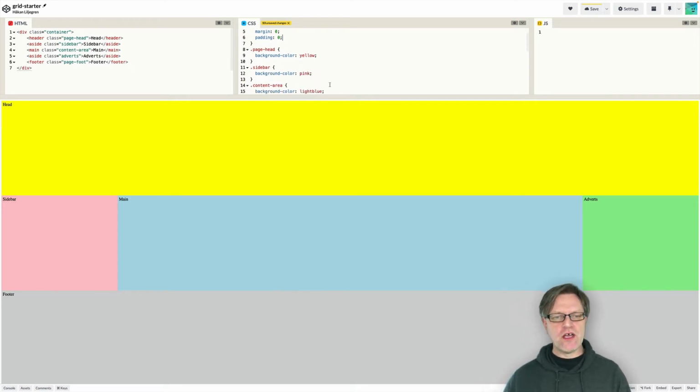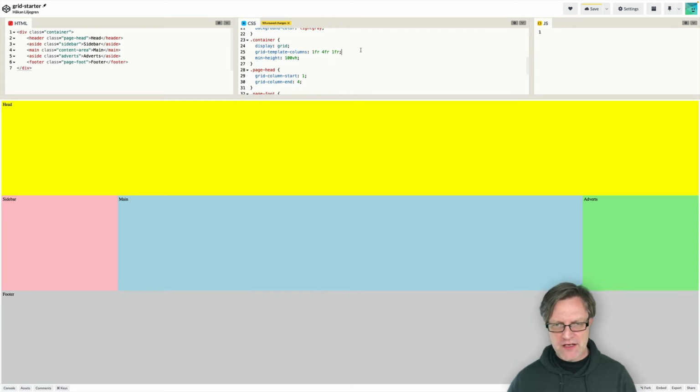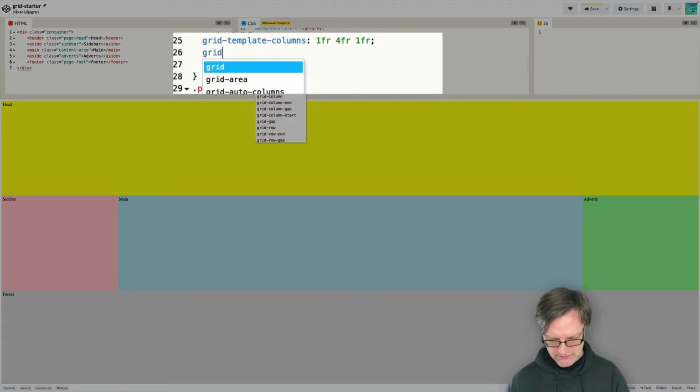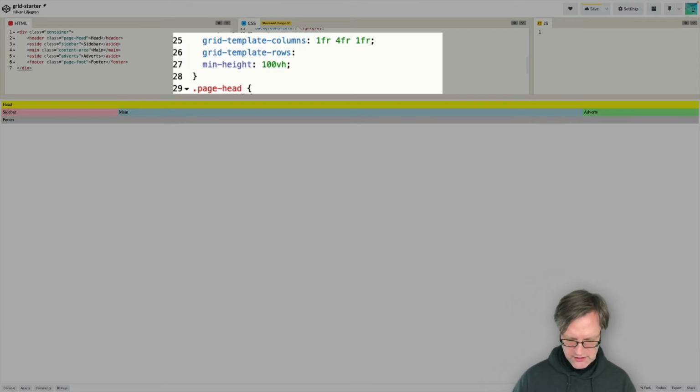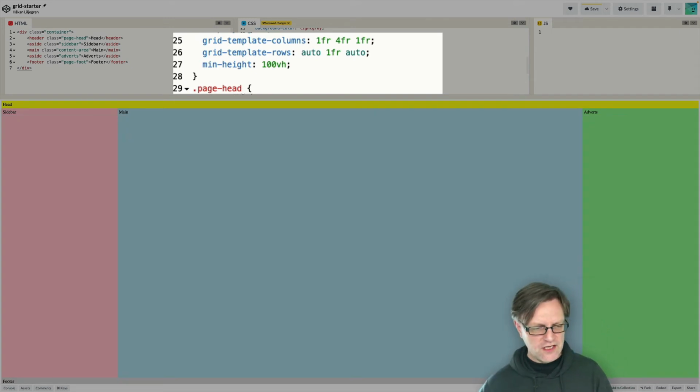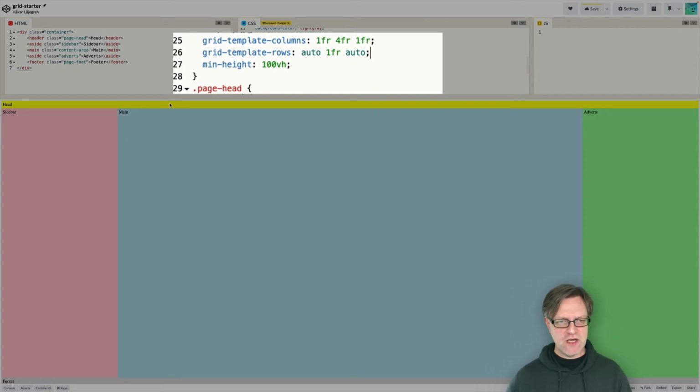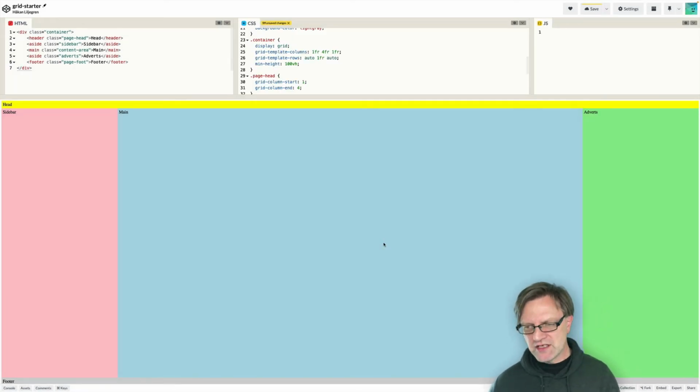But now what I can do is go back to the container, and then I can say that I should also have the grid template rows. And then I say maybe the header should be, I don't know, that can be auto. And then we have one fraction, and then we have auto, like this. And now they take up as much space as needed, and you see the middle row here spans the full